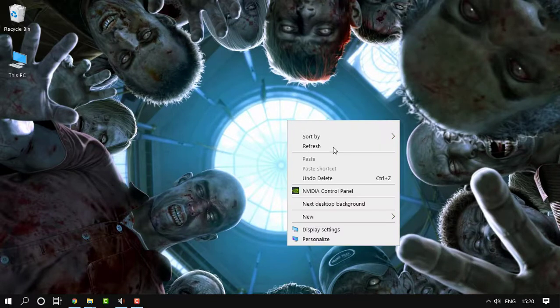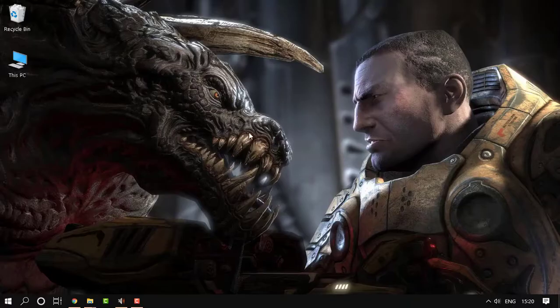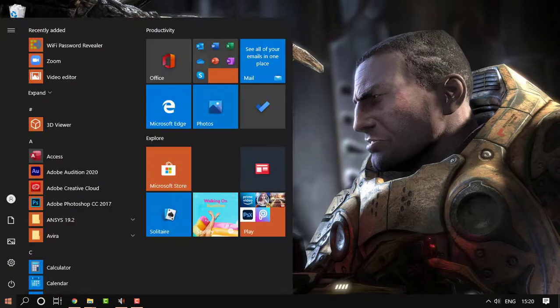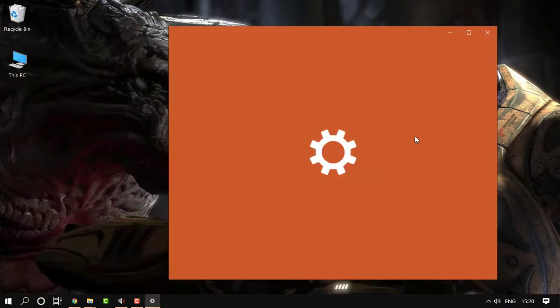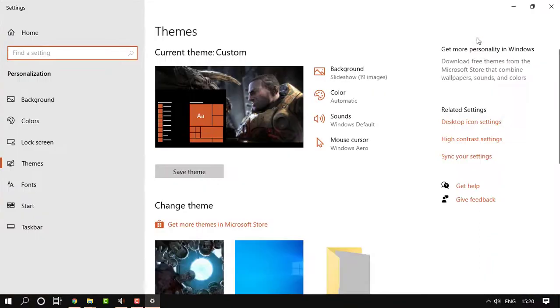As you can see, I've just changed the wallpaper and it's working absolutely fine. You have these incredible wallpapers from the games itself. Next up, let's go ahead and hide these desktop icons. To do so, go to the themes and untick My Computer and the Recycle Bin, and that would hide the desktop icons.